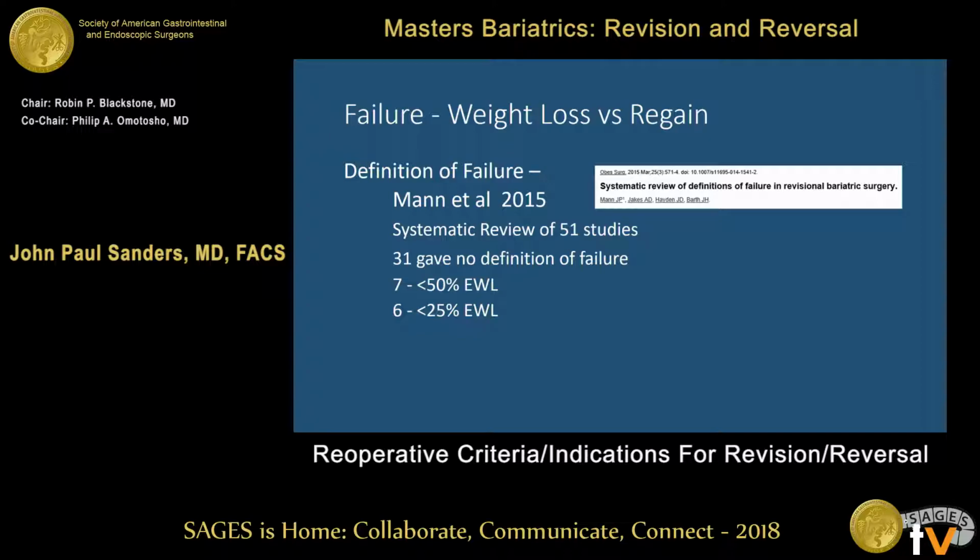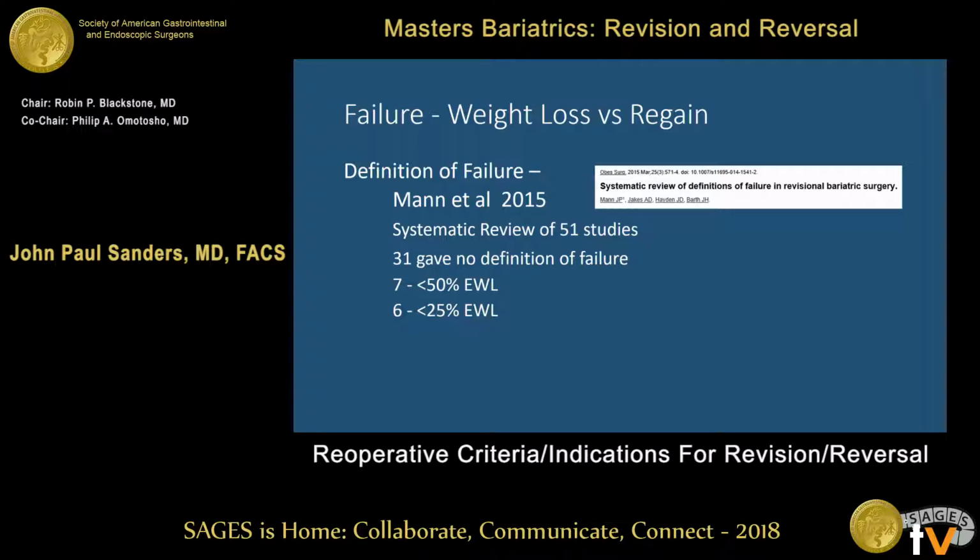In fact, Mann et al. in 2015 looked at that specifically in the literature and pulled 51 different studies that addressed that question. Of those, 31, greater than 50%, gave no specific criteria for what that means. Of those that did specifically give a criterion, only 7 said greater than or less than 50%, and another 6 said less than 25%. So the data is not very consistent with exactly what that means. I think less than 50% is a standard that we're using, but it's not well